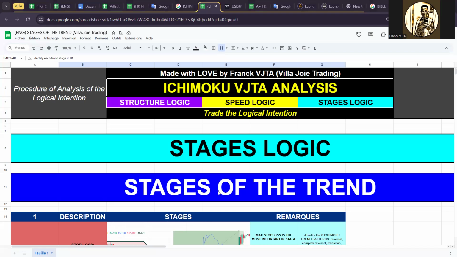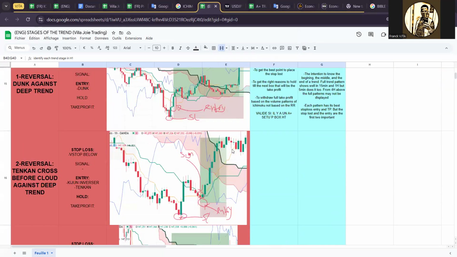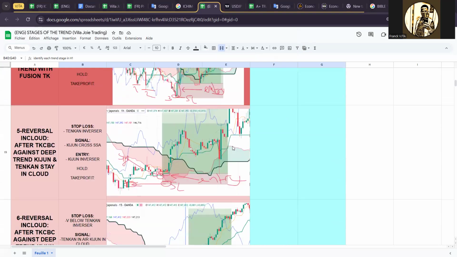The stage of the trend will help you have a good entry and a good stop loss. So it's very important that we now look at stage logics. After the speed and after the structure, now you need to know how the trend develops itself. We will start the stage logics by looking at the stages of the trend in terms of phases,